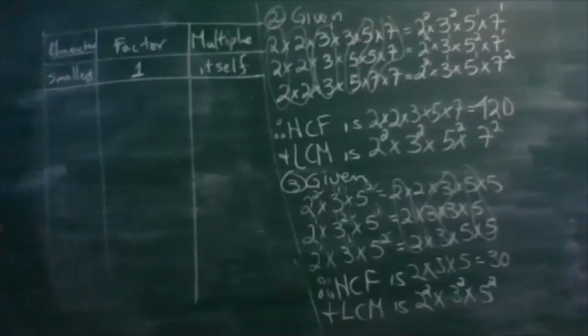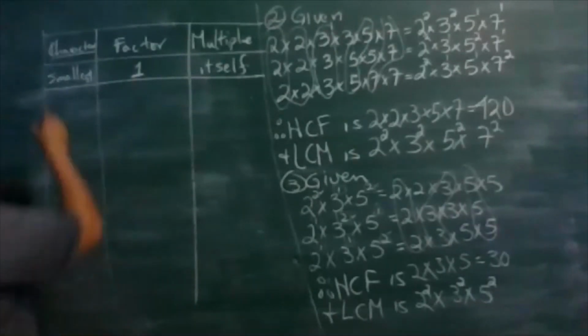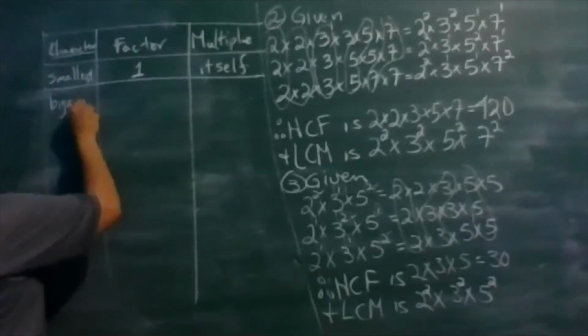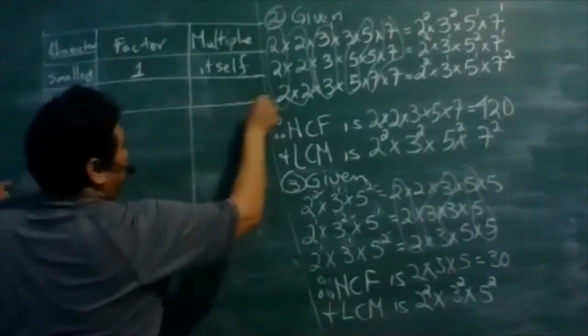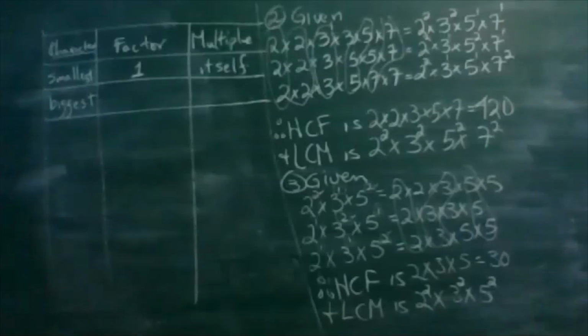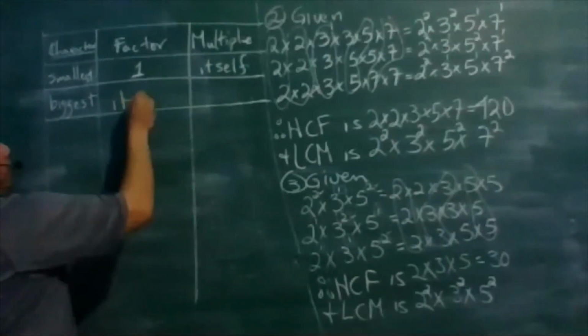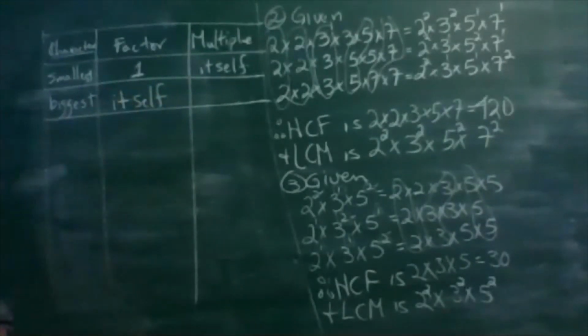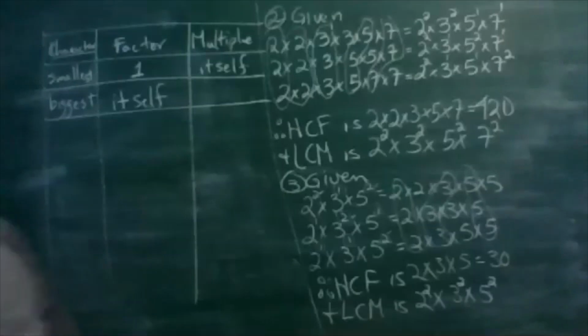Then, if we're looking at the smallest, we have to look at the biggest or the largest. In the sense of a factor, the biggest factor of any number is itself. So the biggest factor of any number is always itself. Okay? So the biggest factor of 12 is always